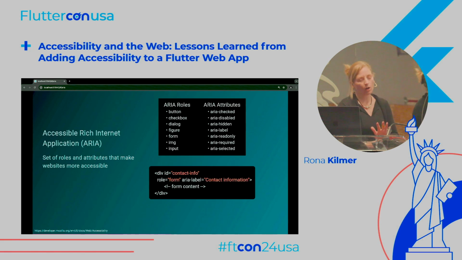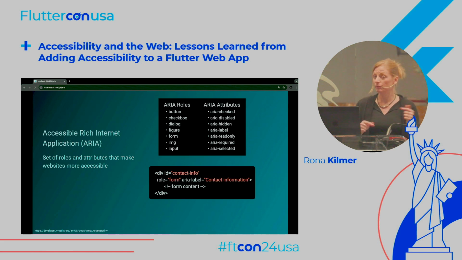The other thing to note about ARIA, and the semantics property in general, is you don't want to overload the widget with too much information, because everything that you put in there gets read to the user. And if you were in Manuela's talk yesterday, you heard how quickly users go through and try to get the information that they want. They're skipping stuff all the time. So you want to put the minimum amount of information necessary in your label or semantics widget and then test it, listen to it yourself, and make sure that we're not repeating words. It's giving them the idea of what this widget is supposed to do